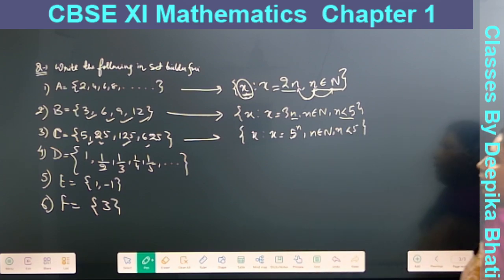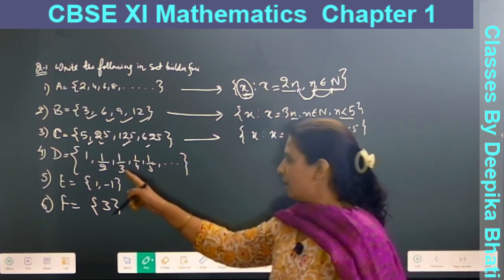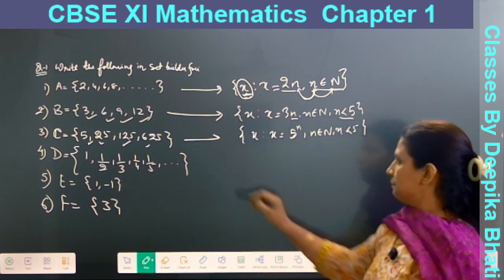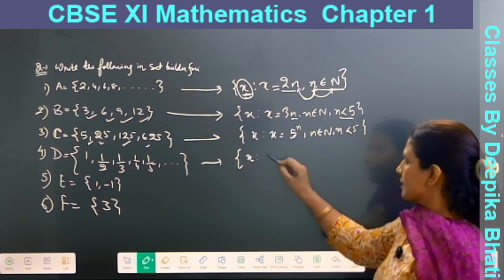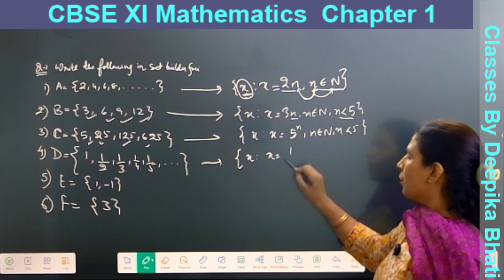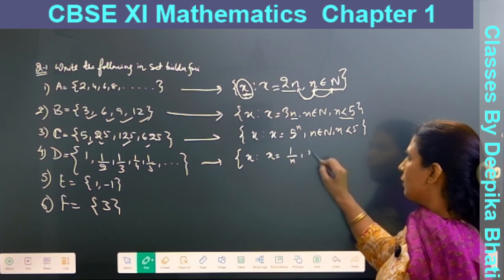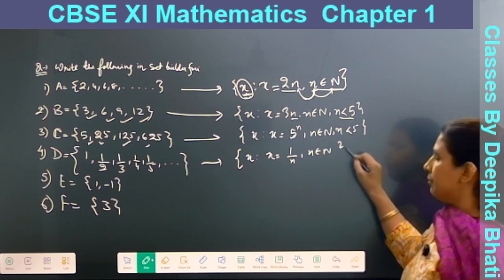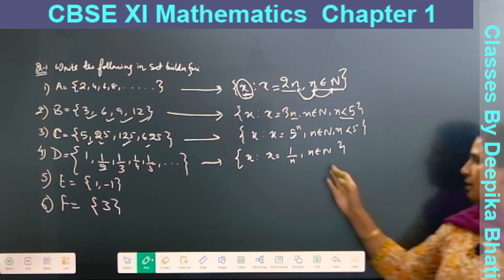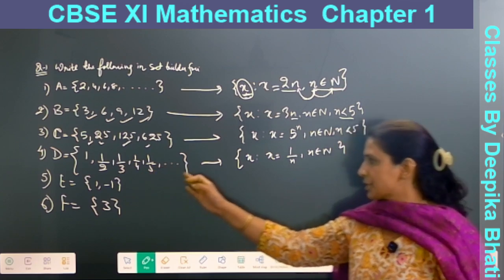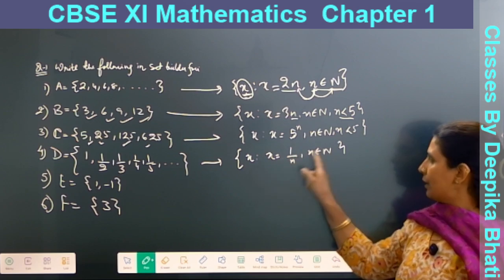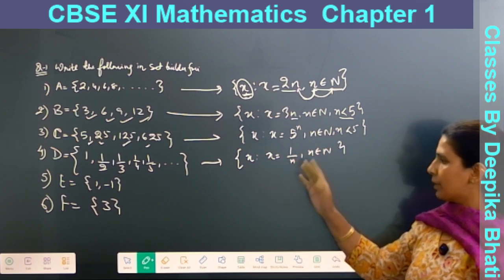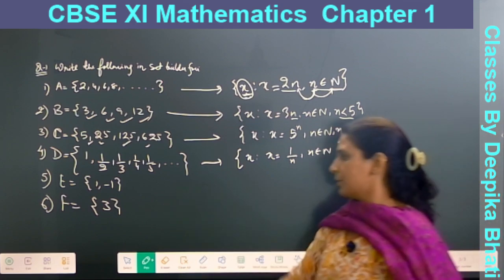Okay, so here we have an infinite set again. How do we write this set? X is such that x is equal to 1 upon n, n belongs to natural numbers. Simply, if you can realize, these are basically the proper fractions, covering 1 as well. So when n is 1, it is 1, then 1 by 2, 1 by 3, likewise we are getting all proper fractions.